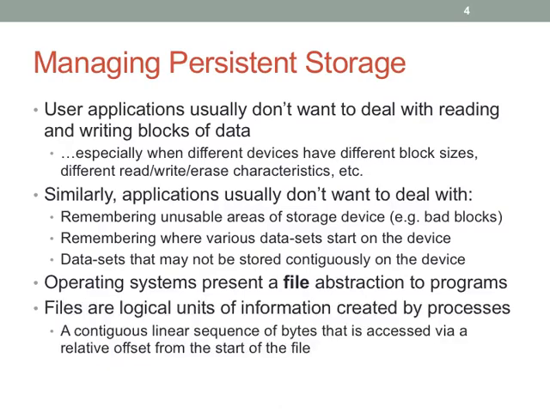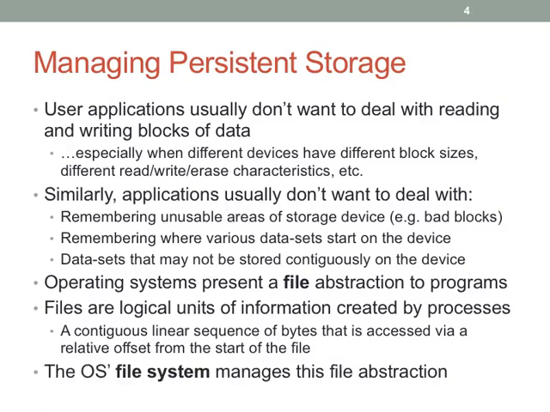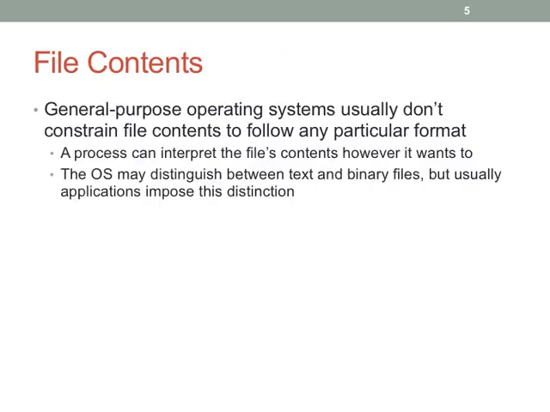They're logical units of information created by processes, and they tend to have an offset-based mechanism for access. So you have offset 0, 1, 2, so you can access each byte in sequence if you wish, or you can access them in blocks that are also in some logical distance from the beginning of the file. Okay, so pretty straightforward abstraction. The file system is the thing that presents this abstraction.